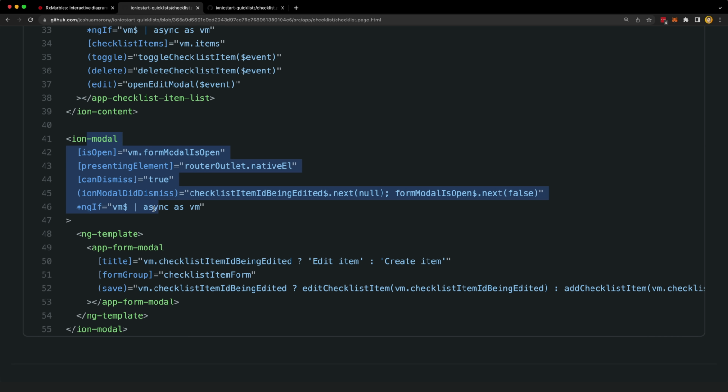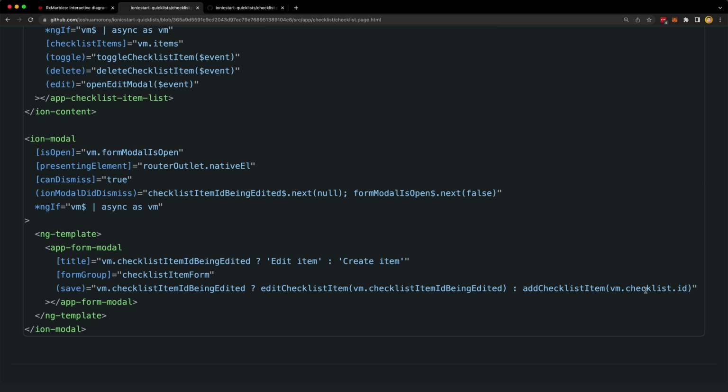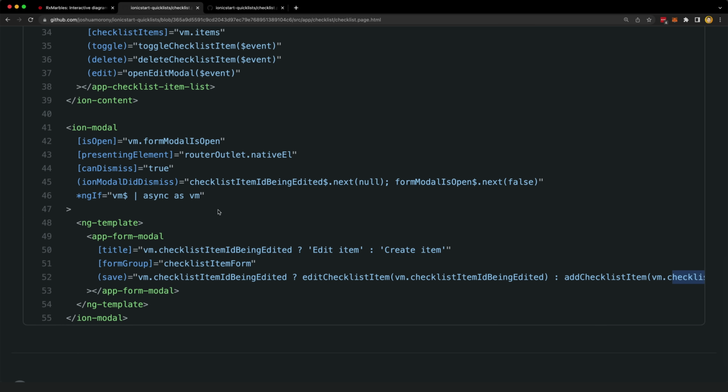So in the modal, for example, I'm using the async pipe to subscribe to the view model stream. We're using that as VM, and then I'm using the various values here. So I'm checking here for the checklist ID being edited. I'm using the for modal is open here. I'm using the checklist ID over here. So this just creates one nice simple stream that I can use to access all of the values I need